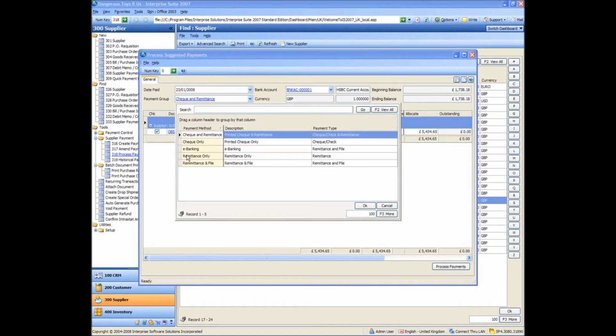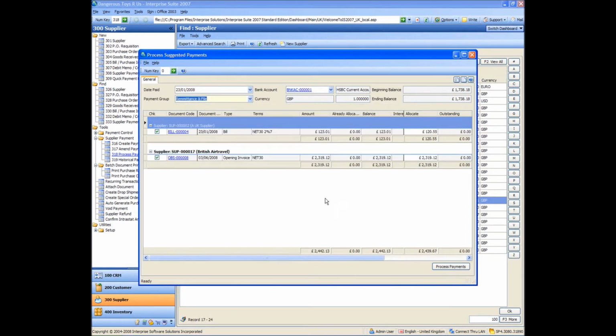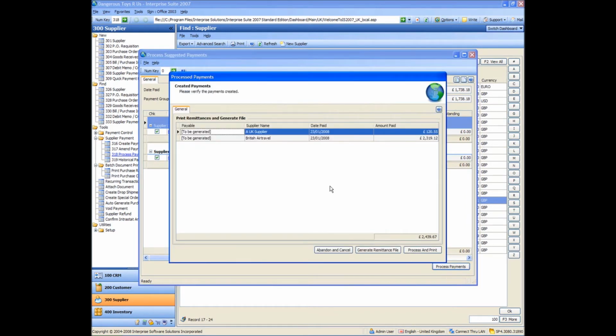So if I do the first one as remittance and file, this shows any transactions that are against suppliers that have remittance and file. So in this case it's British Air Travel. So if I click process payments on this, and then say that I want to process and print my remittances,